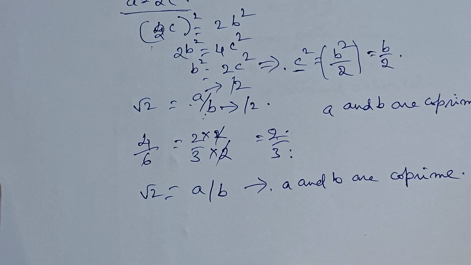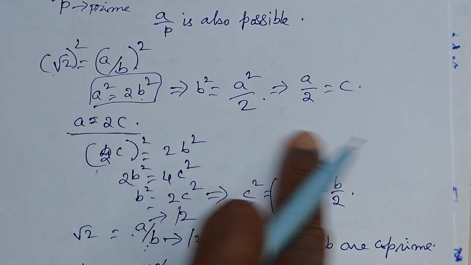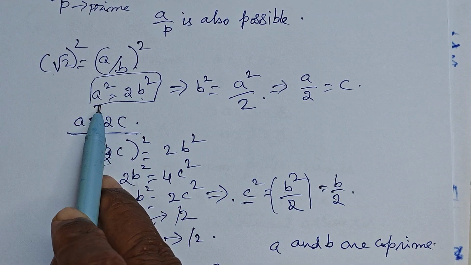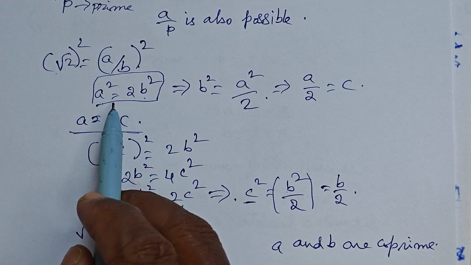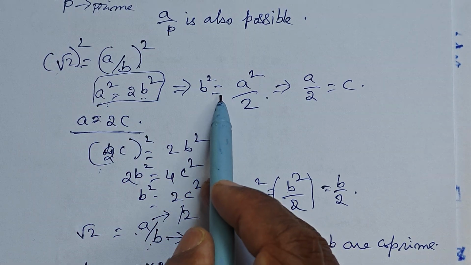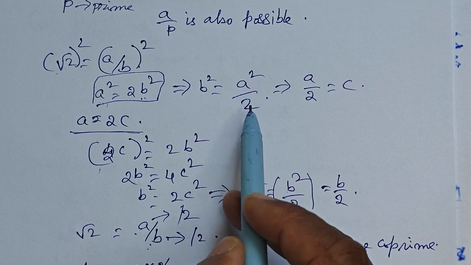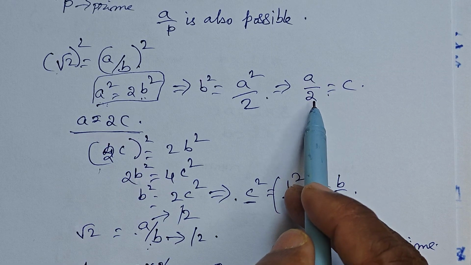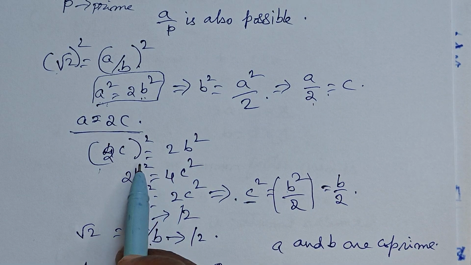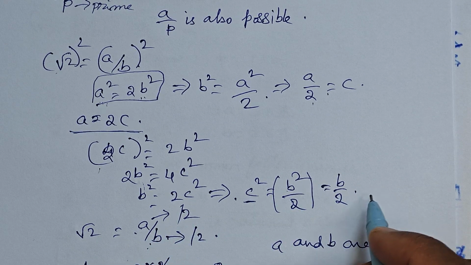But here, because of that assumption, we have done all this calculation. We have done the squaring on both sides. Then what we got, a square is equal to 2b square, and we know the principle: when the square of a number is divisible by a prime, then even without the square the number is divisible by that prime. Similarly, we derived here b square is equal to 2c square, and b square is also divisible by 2, so b is also divisible by 2. That means what happened here,